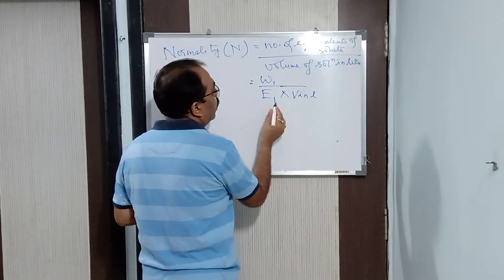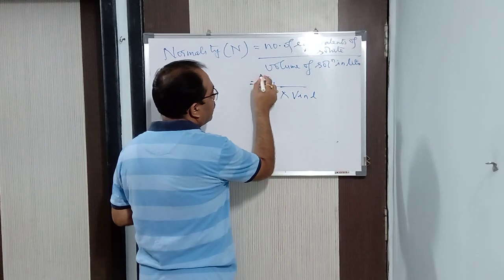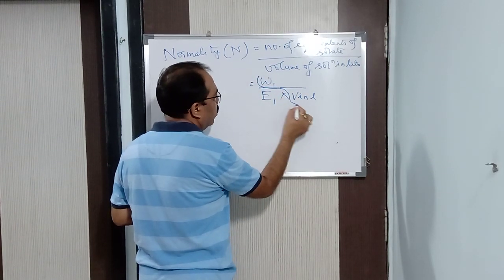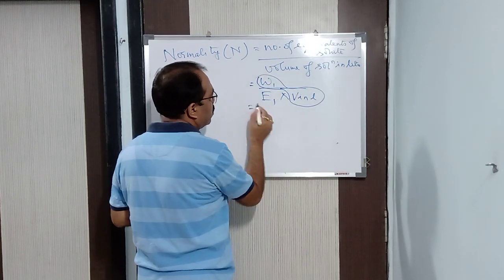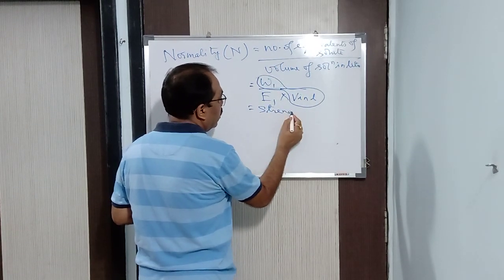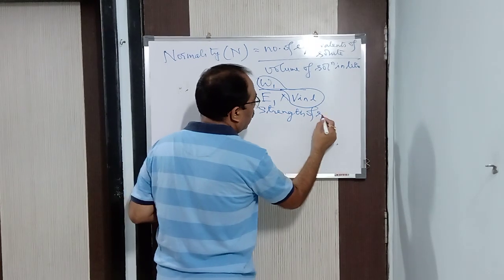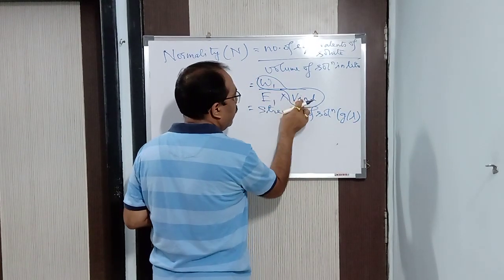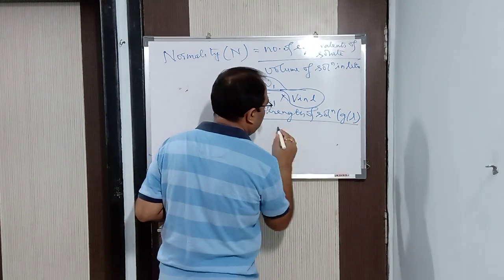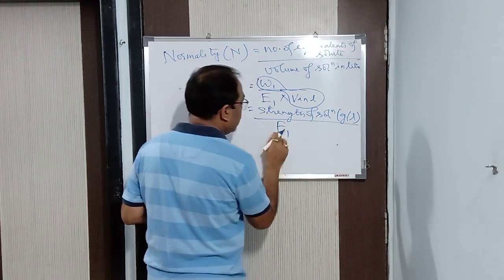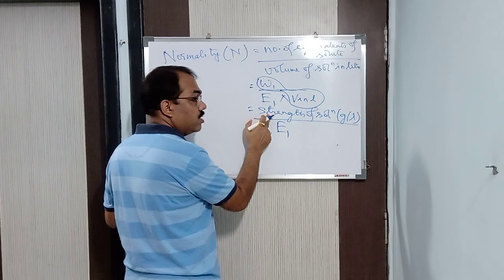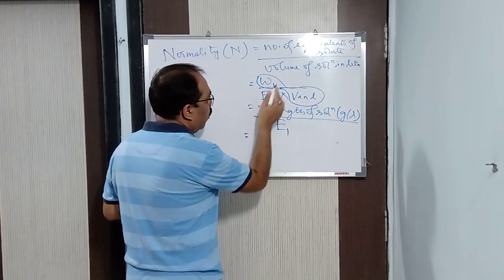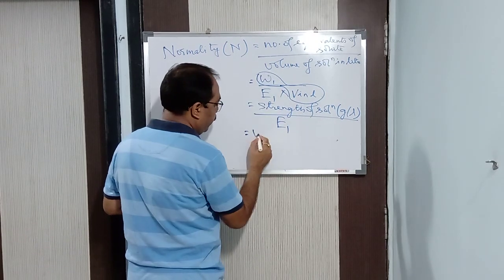Alright, clear? Now, W is measured in gram, volume is in liter. Do you know what this is? I told you already. Strength of solution, which is in gram per liter. You can see weight is in gram and the volume is in liter. The strength of the solution by equivalent weight. This is also another formula you use when the strength is given. When the strength is given, you will be using this particular formula.